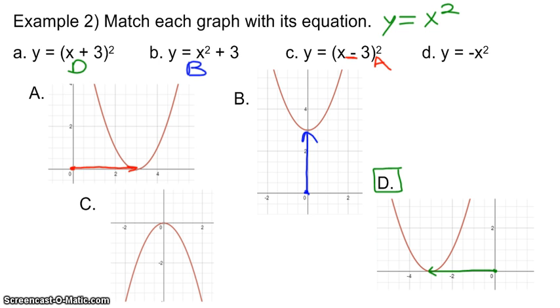And last but not least, we have part D, which is y equals negative x squared. We do not have anything on the inside of the parentheses or on the outside. So that means the parabola's vertex is going to be at the origin. But what it does have is this negative